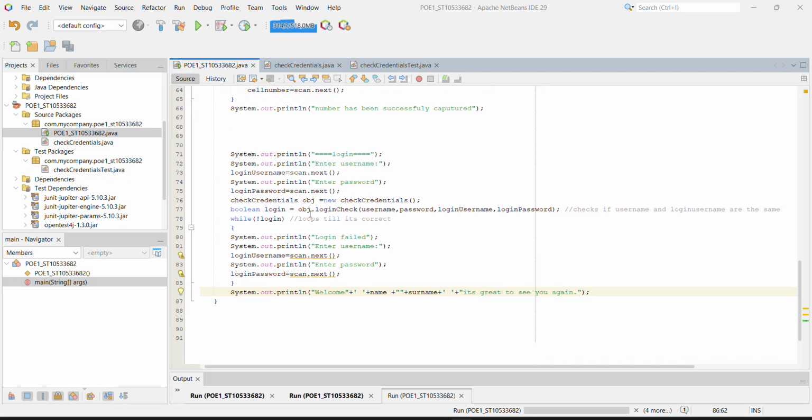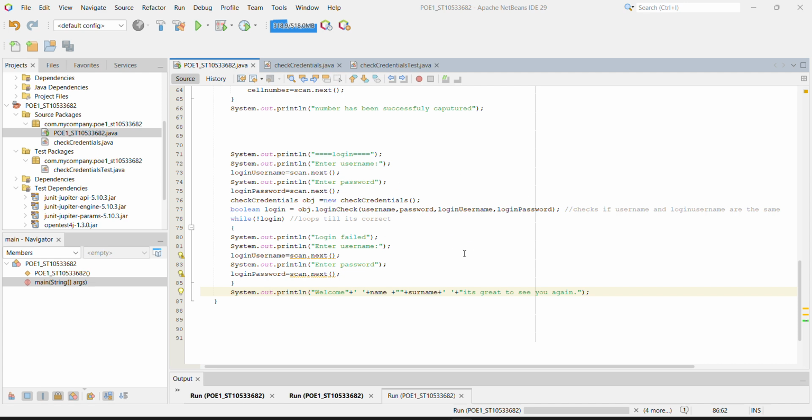So what we need here. Again, we create a new Boolean object. This is basically where we're comparing everything, right? We're checking the username that the person entered compared to the login username that the person is trying to log in. And we're checking the user's password that they have and checking that the login password is making sense,